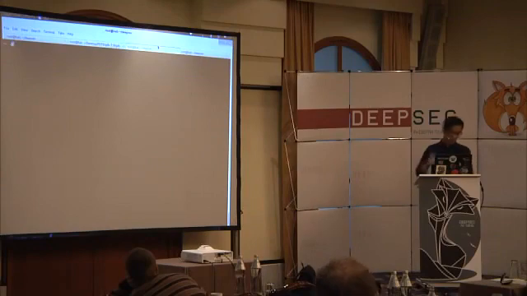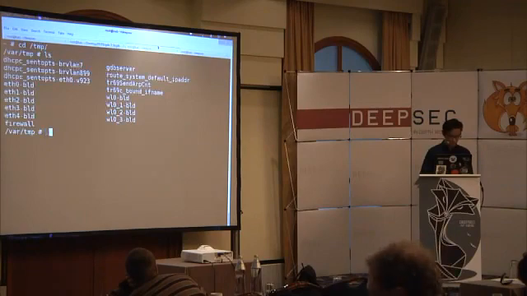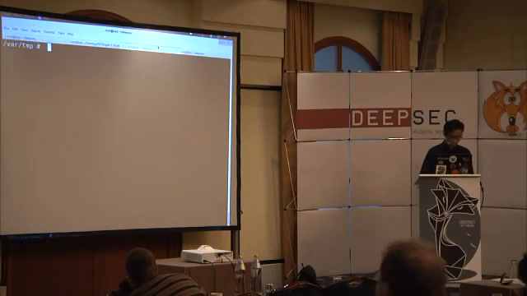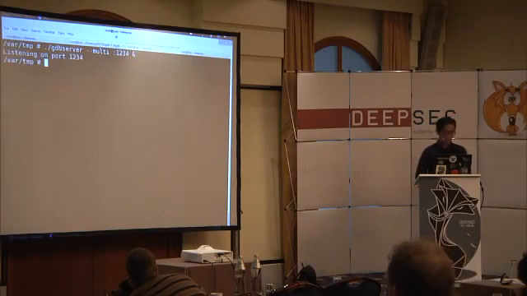So now I'm in the router. I telnet into the router. I'll run the GDB server, and set GDB server to run on port 1234. Okay, so now it's running.